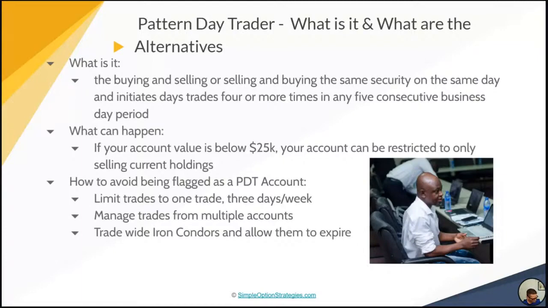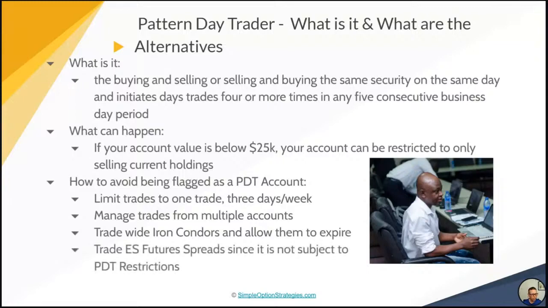You can trade iron condors and let them expire. I don't recommend that, but I know a lot of traders who do, especially those who use wider wings. That way the chances of being breached is lower. However, you may still have to close the trade and take a loss. Or you can trade ES futures spreads, so spreads on futures trades that are not subject to PDT